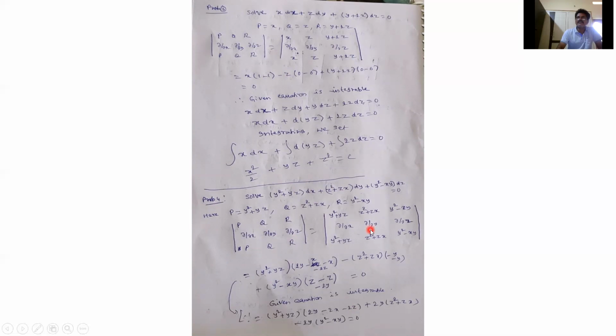If this determinant equals 0, then the given equation is integrable. Here the determinant with entries y square plus yz, z square plus zx, minus y square minus xy, and the operators del by del x, del by del y, del by del z, is 0. So therefore the given equation is integrable. Whenever it is integrable, to solve this total differential equation,